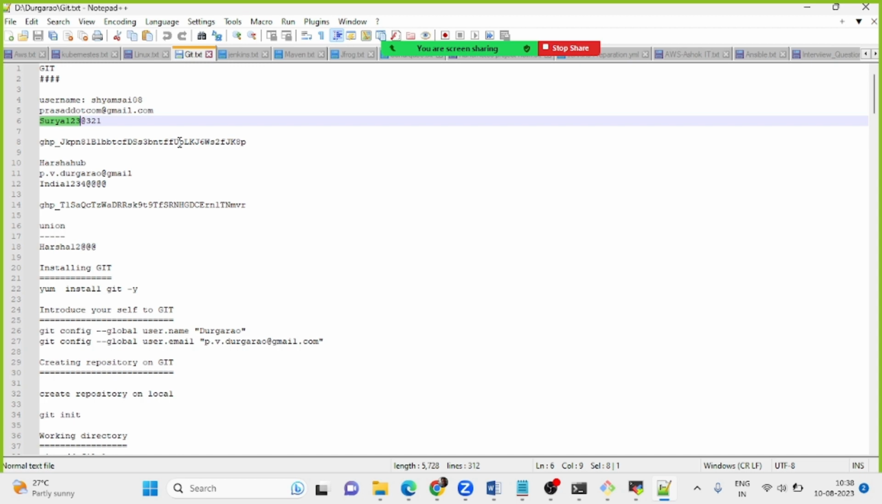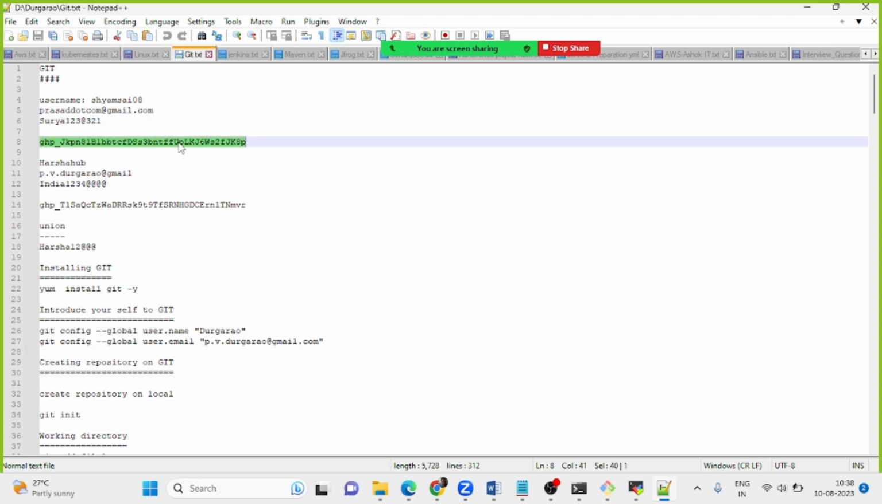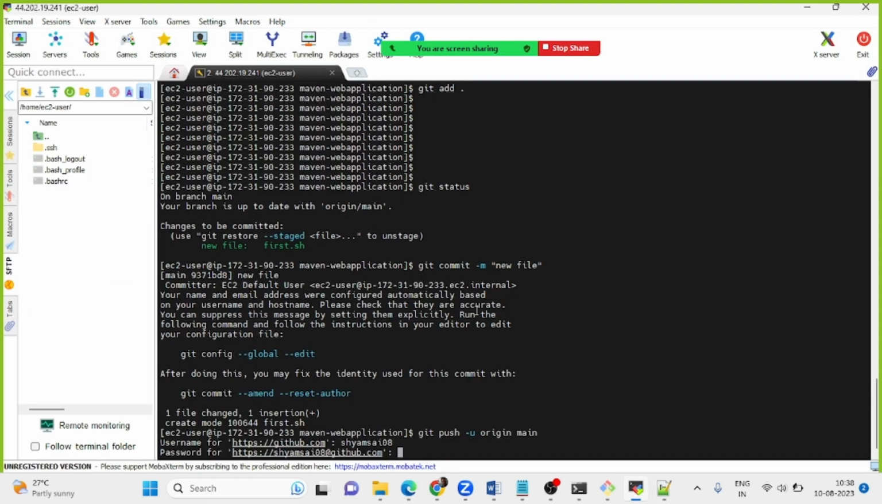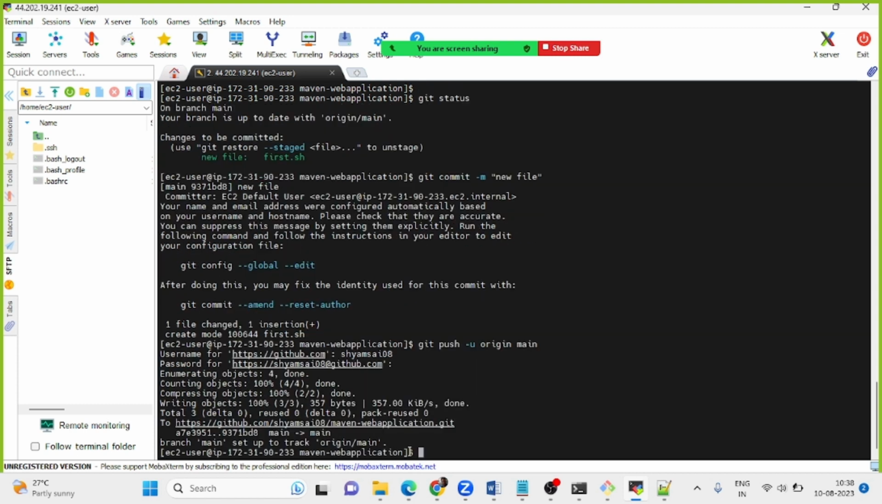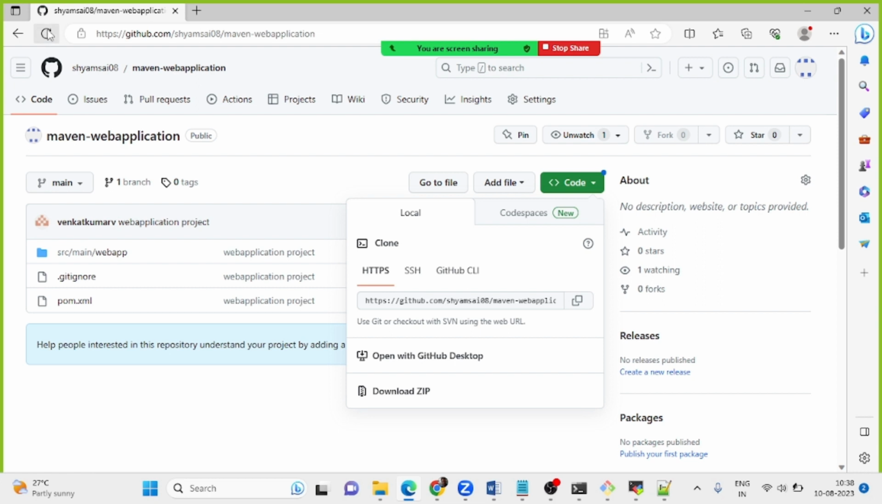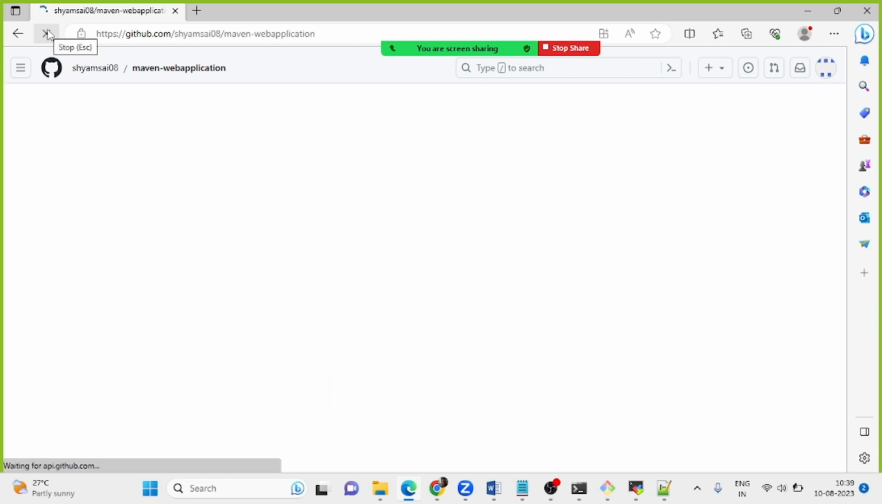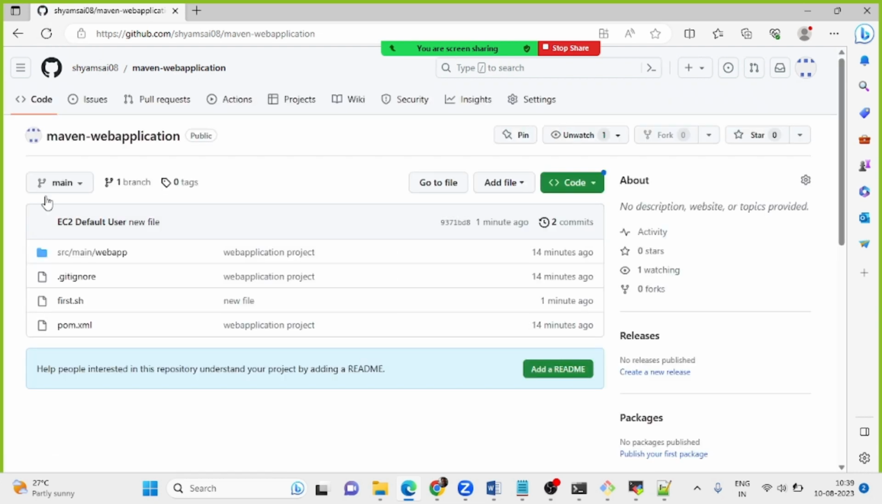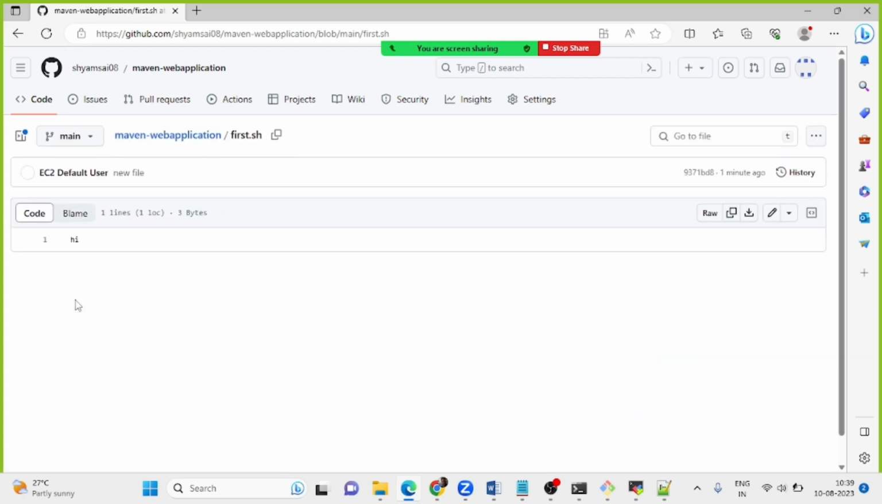I created one token also for that one. I'll show you that for you also. Copy and paste the token here. Enter. See, right now I created the file. Now it should go into the central repository. Go to the central repository and check it. Refresh. See here, first.sh file came na. Like this you have to work it. Okay. Also